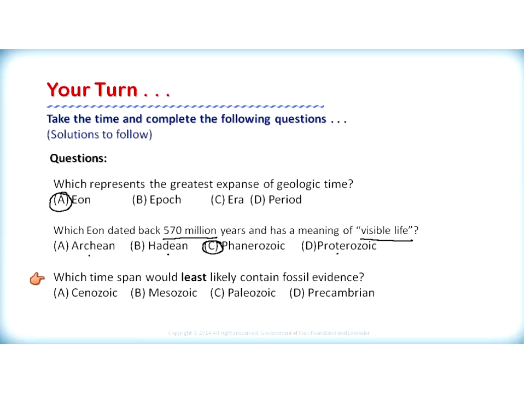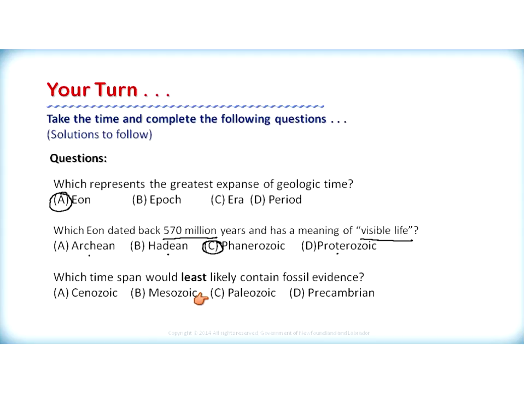Let's look at the last question. It reads, which time span would least likely contain fossil evidence? So again, if we look at the choices, A, Cenozoic, which is the most recent era, has ample fossil evidence. B, Mesozoic, which is middle life, is also found in the Phanerozoic, which contains a lot of fossil evidence. And C, the Paleozoic, which is the oldest era in the Phanerozoic eon, also contains a lot of